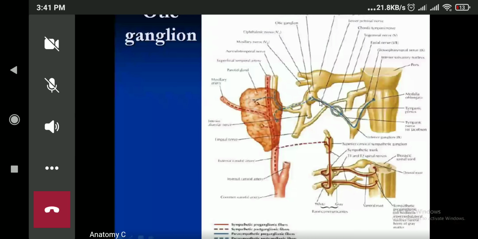This is the preganglionic one. Now from this one, we have the postganglionic parasympathetic outflow. Now the postganglionic parasympathetic outflow is mainly from the auriculotemporal nerve. Auriculotemporal nerve to the parotid gland. Now this will cause the watery secretion of the parotid gland. That is the parasympathetic. I'll repeat once again. The parasympathetic secretomotor pathway of the parotid.